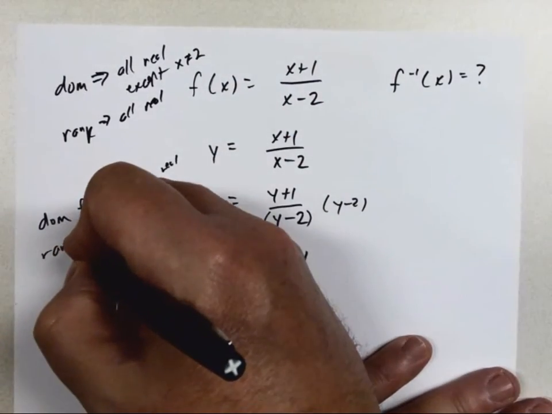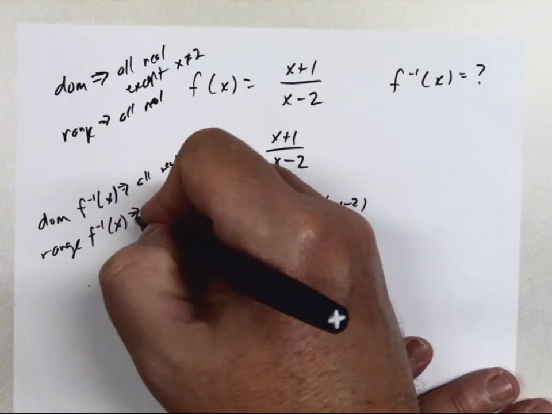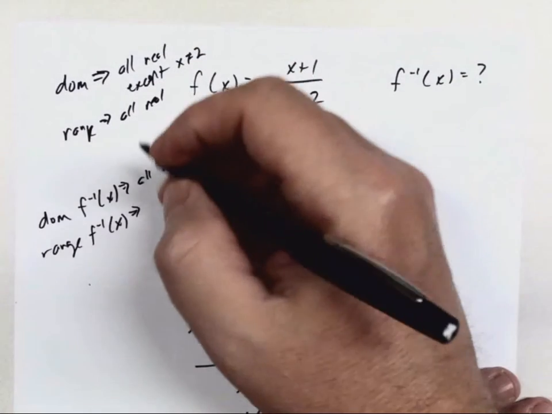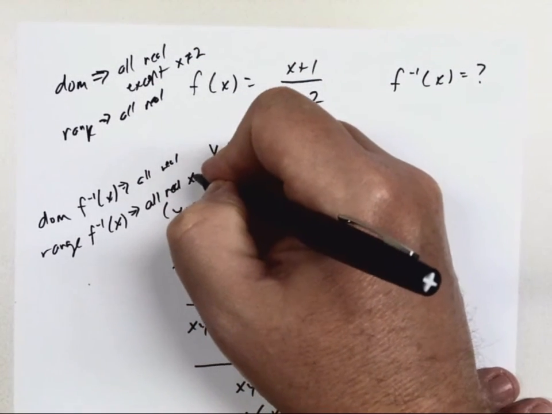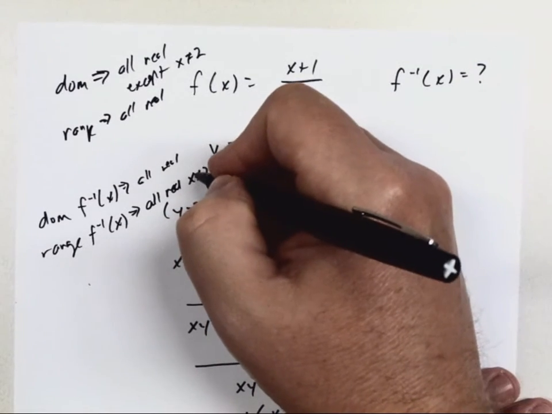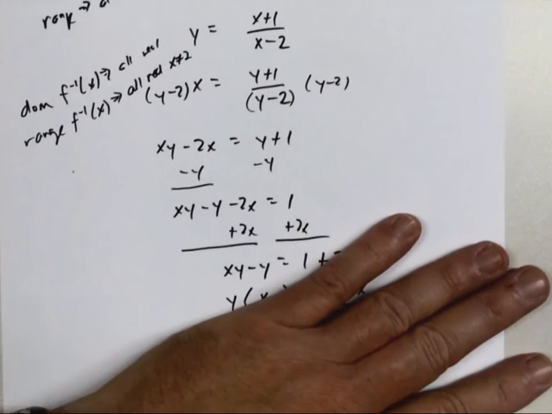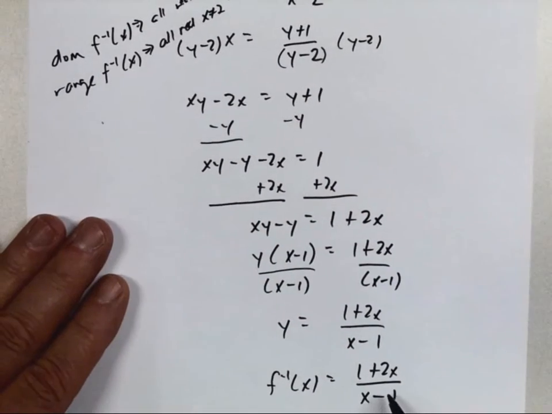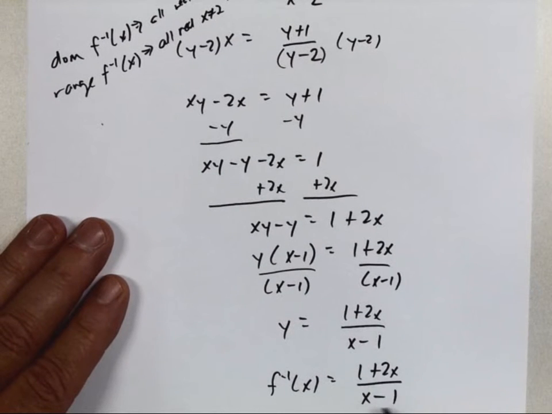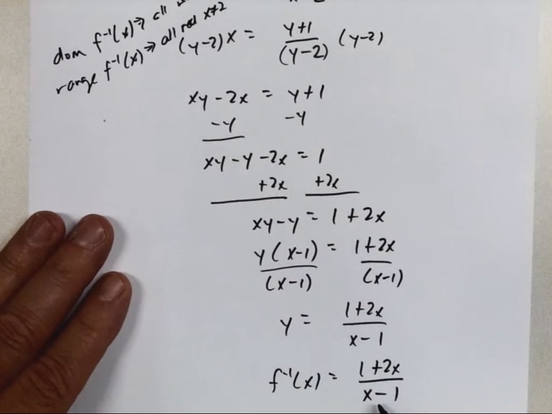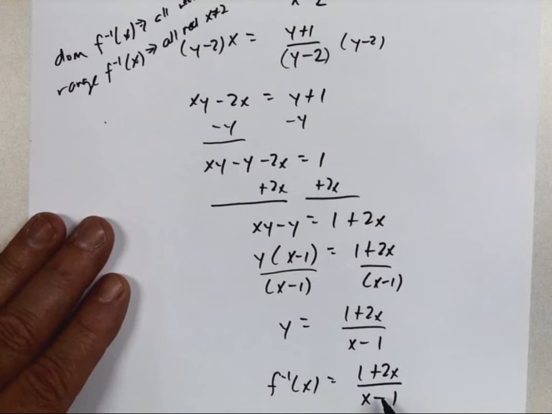And the range of the inverse function should be all real except x cannot be 2. Let's see if this is true. Let's actually go look at the inverse. Here's the inverse. What would be the domain of this? Well, x cannot be equal to 1, so the domain would be all real